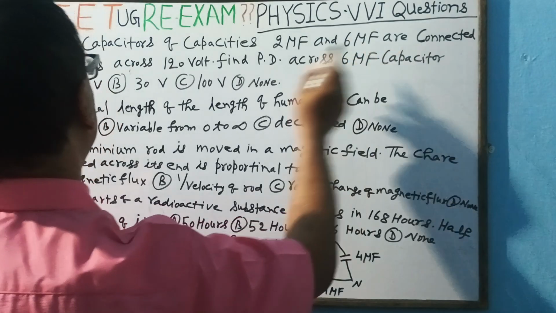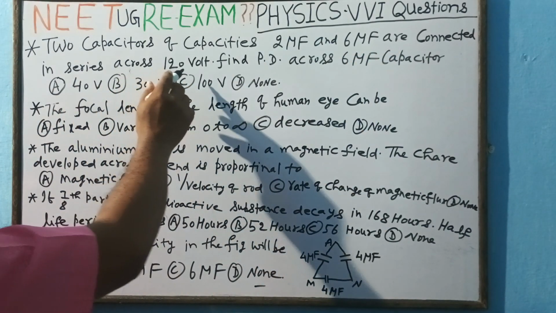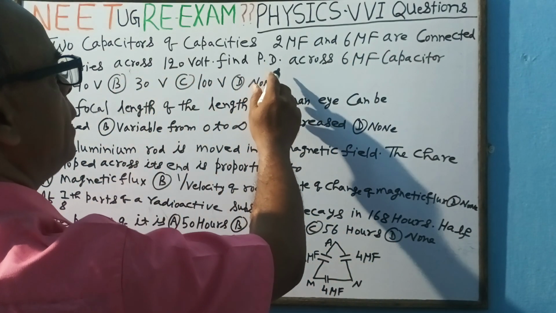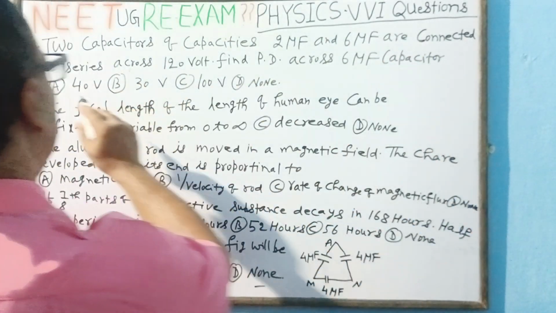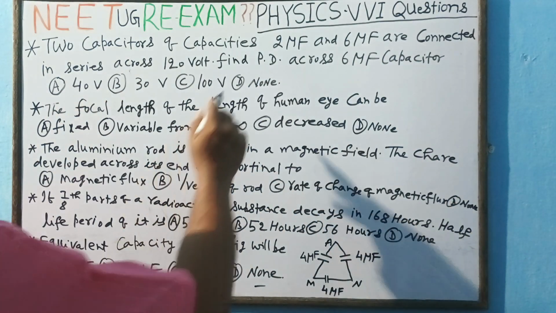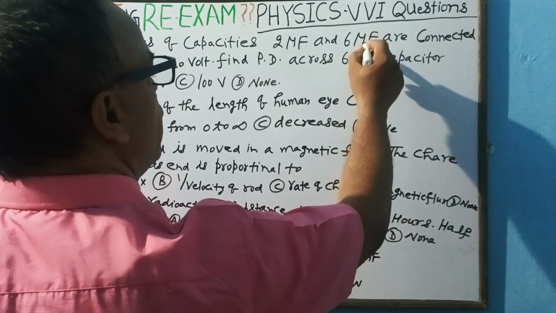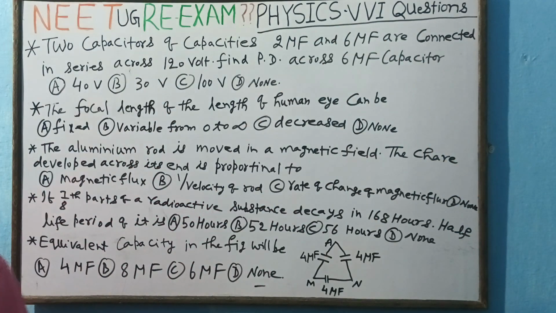6 microfarad are connected in series across 120 volt. Find the potential difference across the 6 microfarad capacitor. We have to find the potential difference across the 6 microfarad capacitor. First of all,